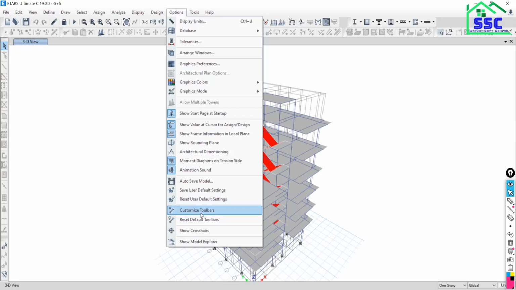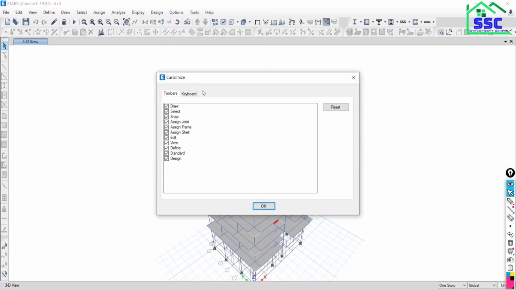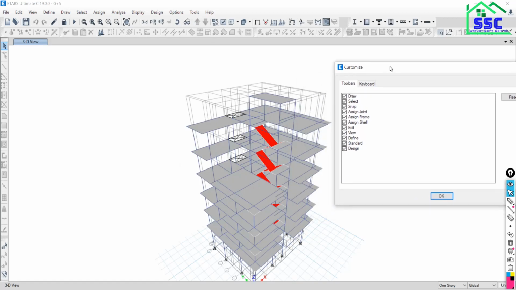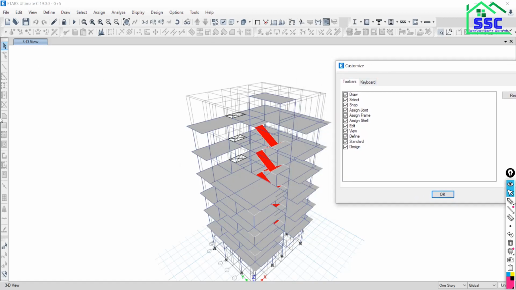Click over Customize Toolbar, and all these options are available here. This left side ribbon is actually the draw option. Just uncheck this and it will be removed. Is it visible? Then check this box and it will appear here.